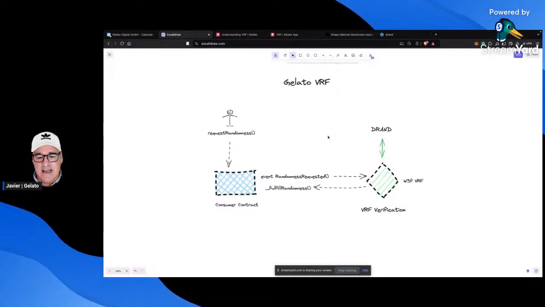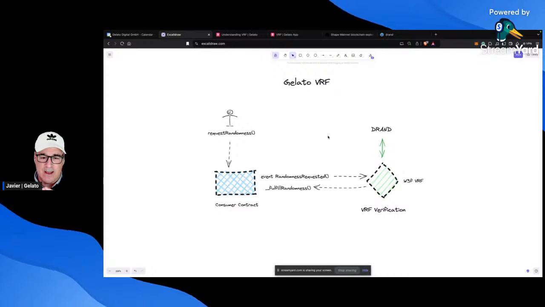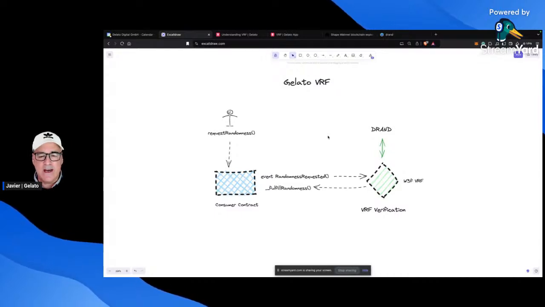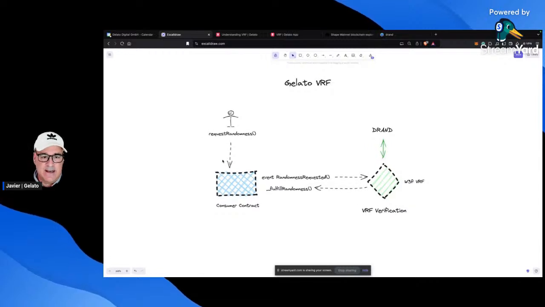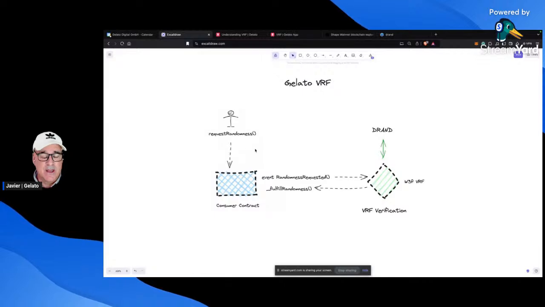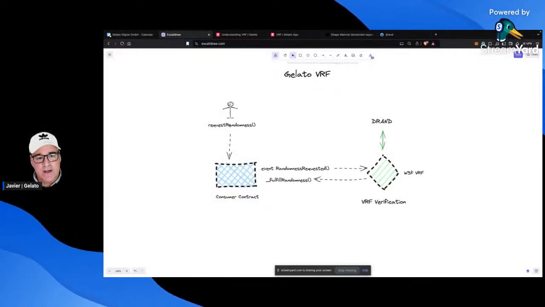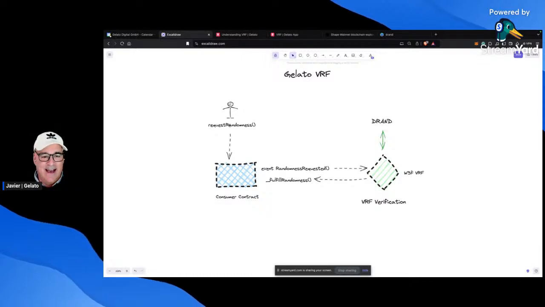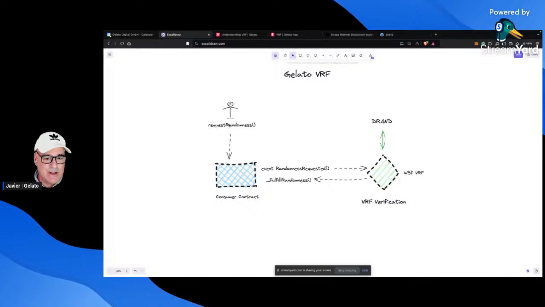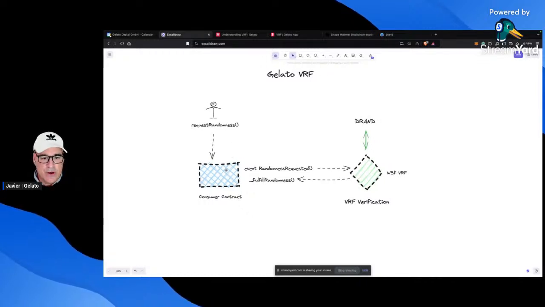Let's start having a look at how it works in one schema. We have a user that is requesting randomness from a contract. This contract is on chain. When the consumer requests randomness, the user can request a card game, or whatever method that requires randomness. This consumer contract will emit an event,